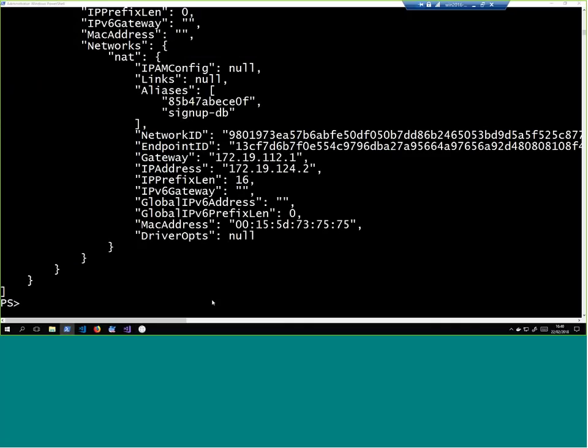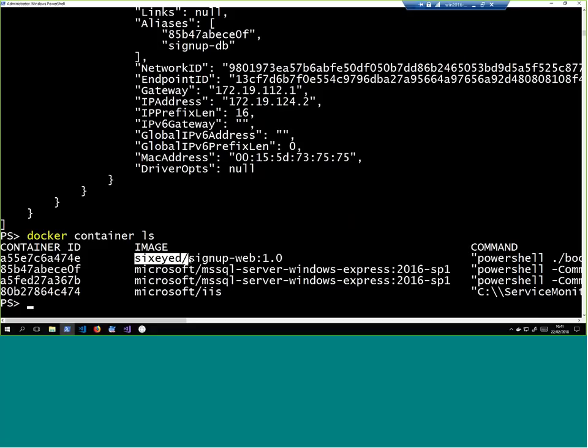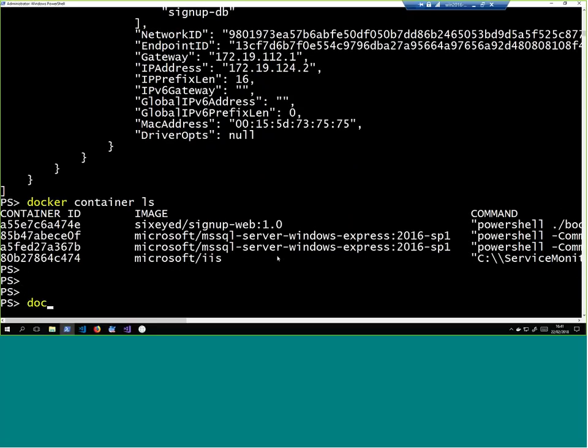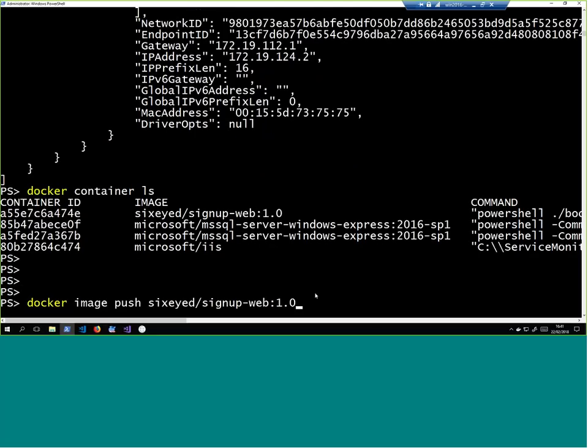Okay, the last thing to do, so I've done the build from my MSI in my Docker file. I've done the run. If I want to share this, then I need to ship it. And the way I do that is by pushing the image. So right now, that image that I've just been running, so let's show the list again, this image here only lives on my machine. And if I want to make that available for anyone else, or for you to download and run it yourself, I need to share it on a repository. So I've already signed in here using my 6-side account. So I can do a Docker image push, give it the name of my image, and it will push all